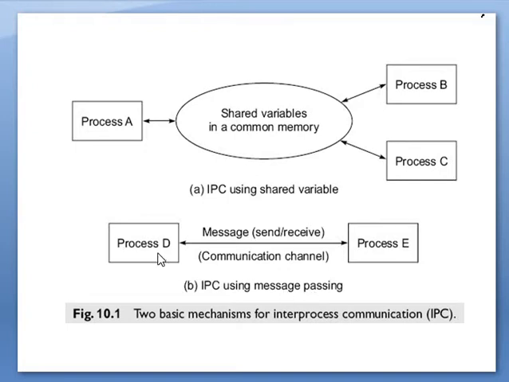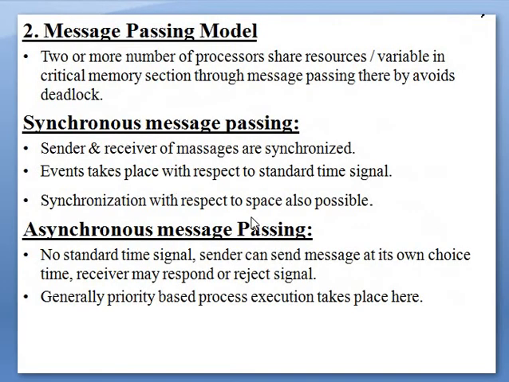What both processes, D and E, will do is keep sending and receiving messages through a communication channel about which variable they are going to use and for what time. Say D is going to use a variable M for some amount of time, it will send a message to process E. Process E will never attempt to get the same variable M until D completes its execution. In the same way vice versa from process E to D. That's why we have a bidirectional arrow between D and E.